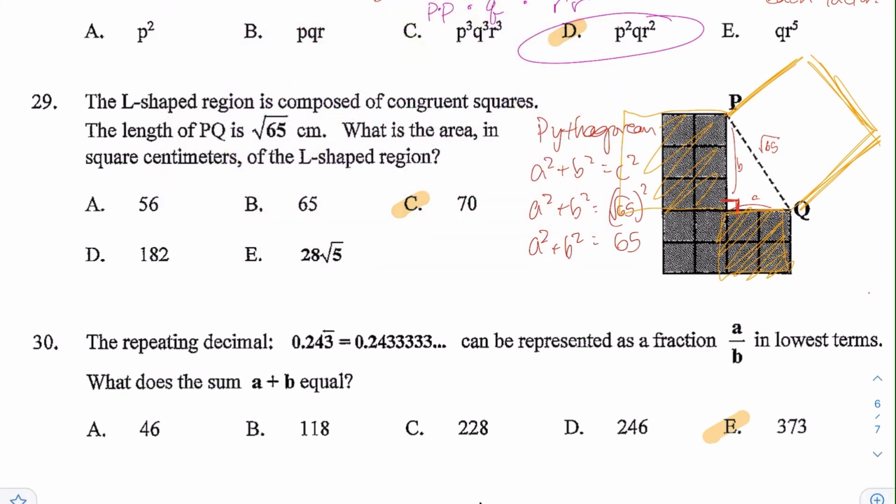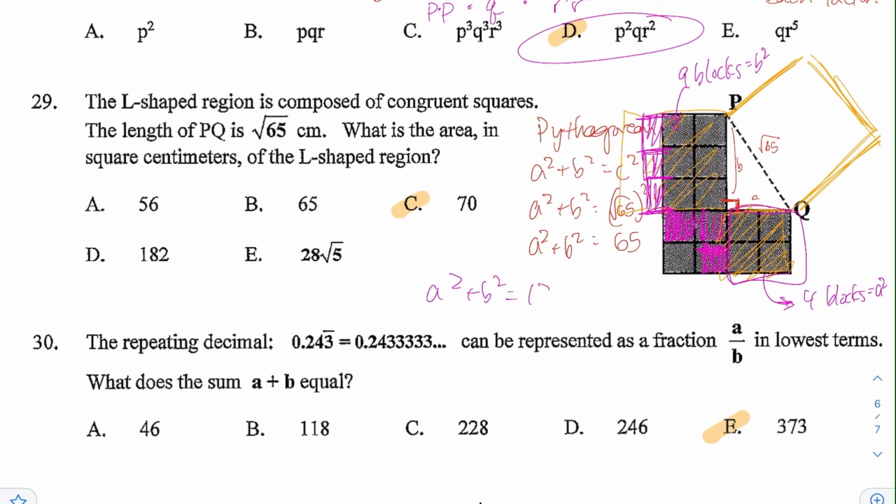We do need 3 additional blocks over on the B side. So we move these 3 blocks from the bottom to the side. You'll actually have these 9 blocks, which is equal to b squared, and these 4 blocks equals a squared. So when you have a squared plus b squared, that's going to be a total of